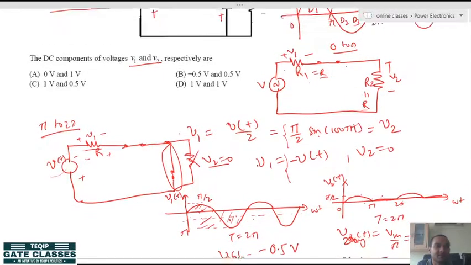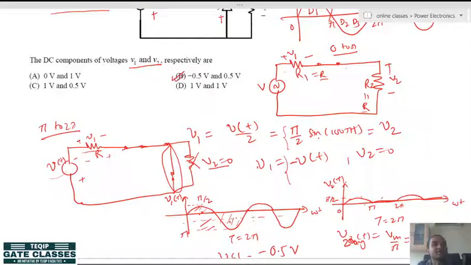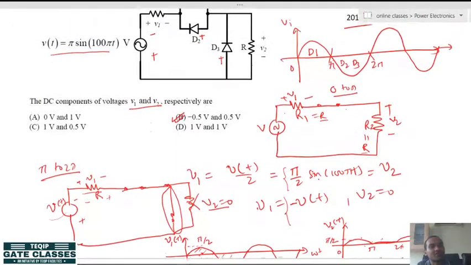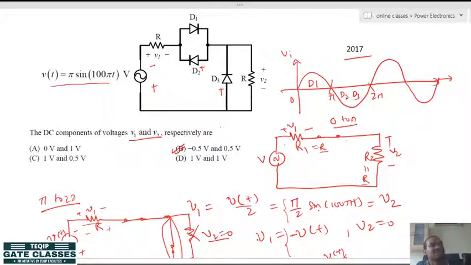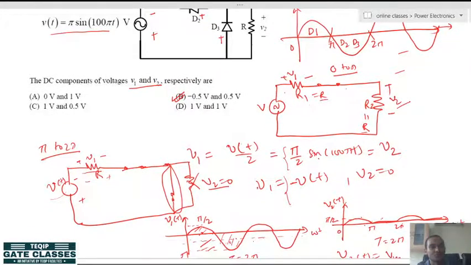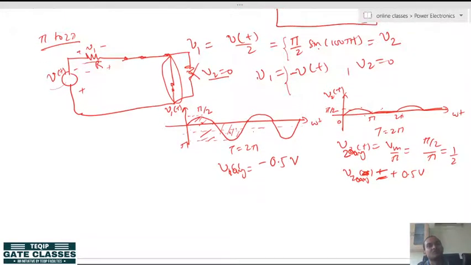So which option is correct here? If you see here, option B is correct. You see how tricky the questions are, how tricky questions they are making, but they cannot change the concept. The concept remains the same. The steps I have discussed with you to analyze any power electronic circuit are: take instants wise, draw the modified circuit, write the KCL and KVL equations and then solve it. The same is applicable, or they can only make some little tricks, some basic electrical engineering tricks, and nothing more they can do about changing the question. If you know the concept, the questions are very easy.